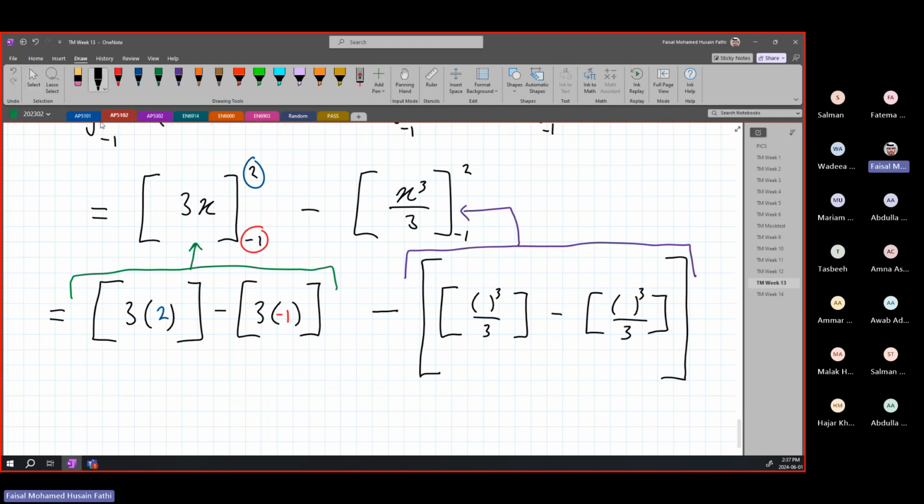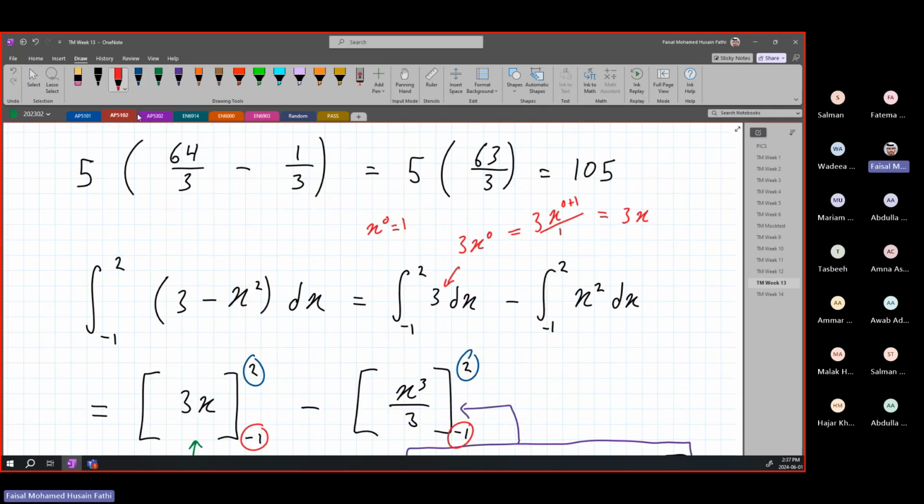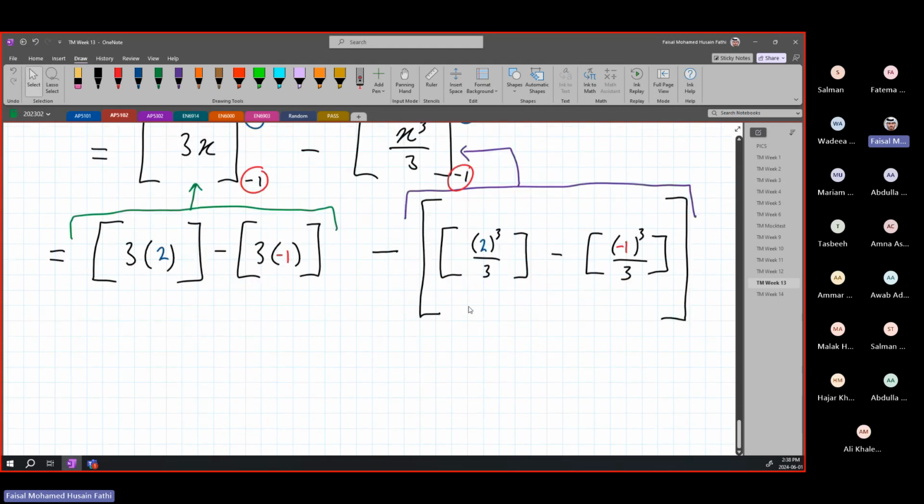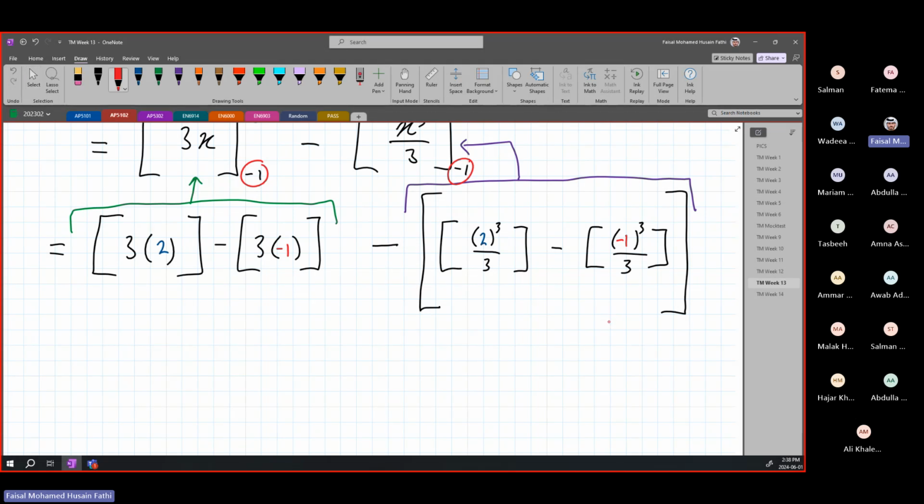And then I plug in the value again. So the first value is 2. The second value is -1. These values, again, this is your 2, which is the top of the integration, and this is the bottom of the integration. Usually when you're reading this, you're saying the integration from -1 up to 2. All right, this is what it means. And then you just plug this into your calculator and solve.